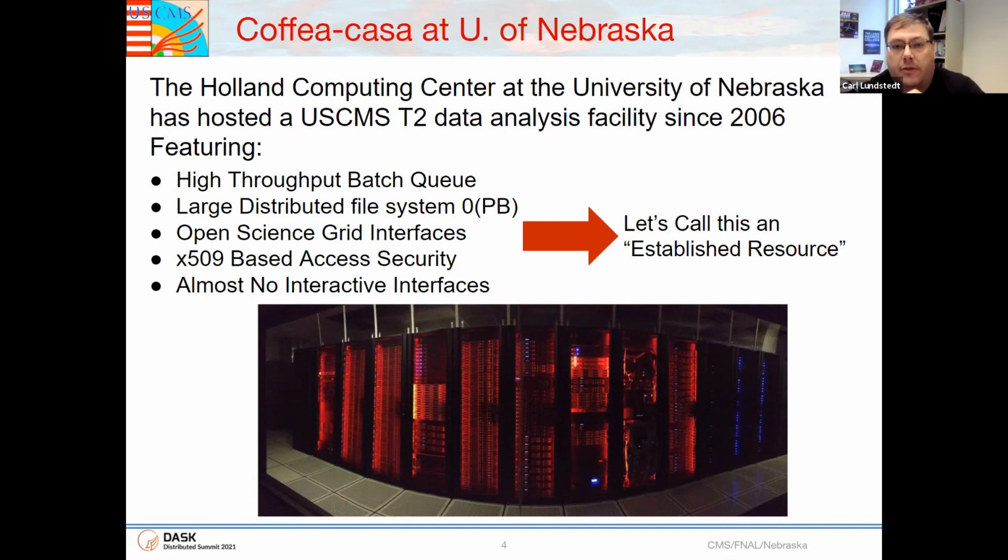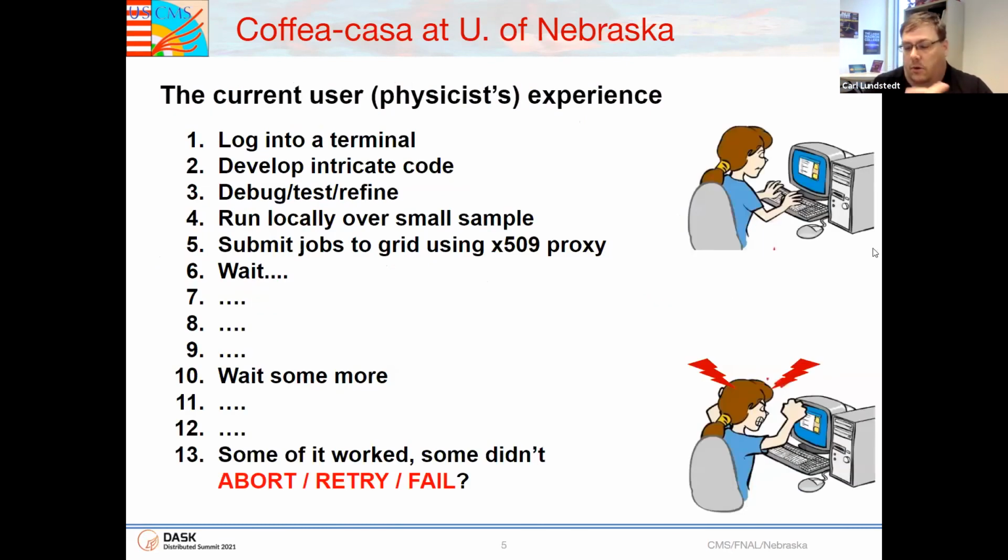And when I say almost, if you have a friend of a friend, we do co-locate like a Tier 3 facility here, which would kind of sneak in the back door. But this represents what I would call an established resource for CMS. These are the types of resources that we put on the floor over the past 15 or 16 years to do the data analysis from CMS. The trouble is they're not designed well for a new data analysis paradigm. And so what we're trying to investigate here is how are the facilities reacting and changing to accommodate this new user